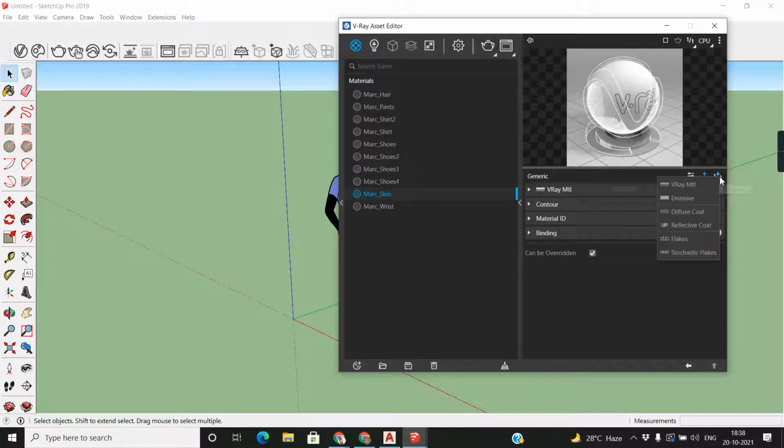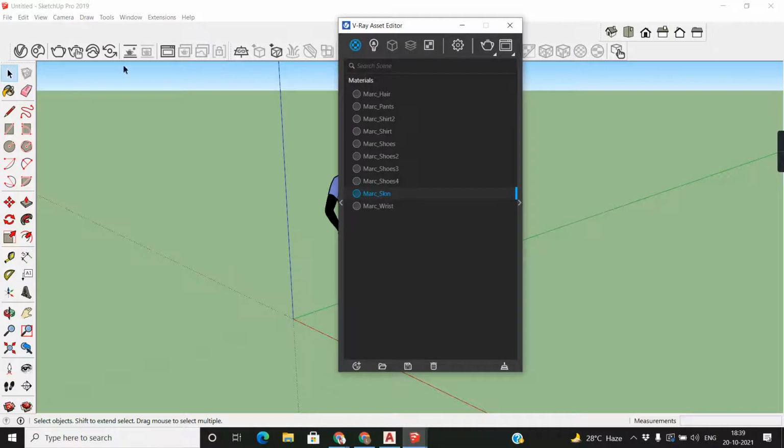And if you want a layer, look, V-Ray material, emissive, diffuse coat, reflective coat, flakes and stochastic flakes. So these are layers and these are attributes for working with material. Clear? I'll explain these things. Don't be worried about that. And if I click again here, it's closed.